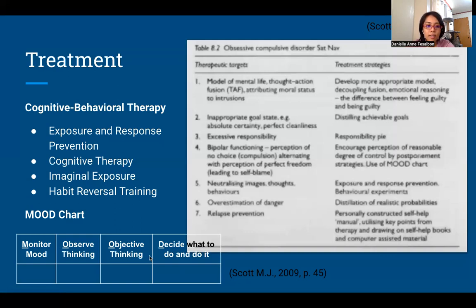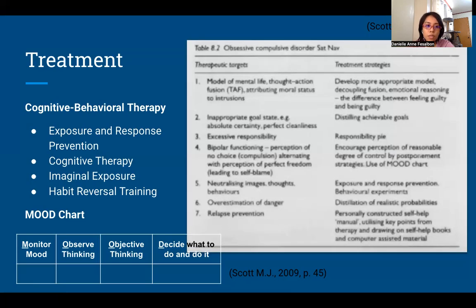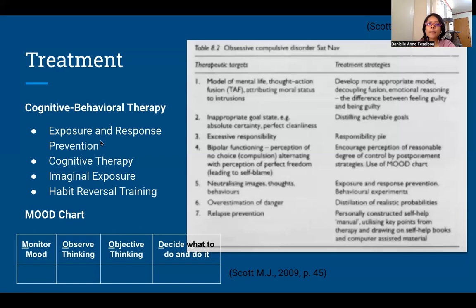And then, imaginal exposure is for those who may be resistant to jumping right into real world situations. Imaginal exposure, sometimes referred to as visualization, can be a helpful way to alleviate enough anxiety to move willingly to ERP. By the way, for me to mention exposure and response prevention, this kind of technique is actually where you help the person sit with the anxiety. For example,